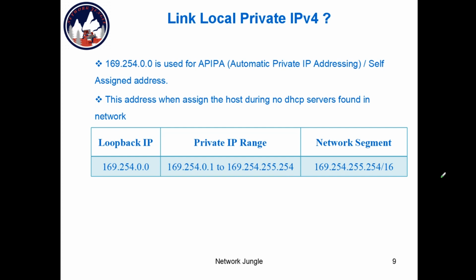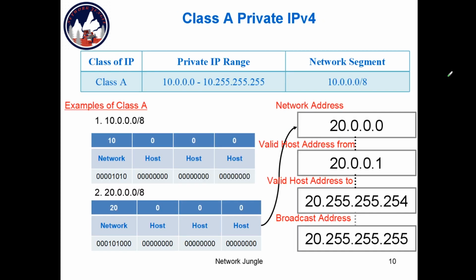Next one is the link local private IP. If the DHCP server is not found on the LAN network, it can assign an automatically self-assigned address on the host machine. That is the range 169.255.0.02, 169.255.255.254. Here is the Class A private IP address starting from 10.0.0.0 to